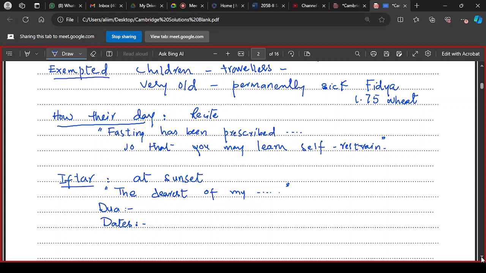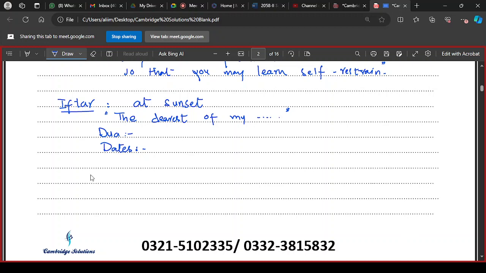In the next paragraph, talk about Taraweeh prayer. You will also add Taraweeh, the additional prayers which are offered at night. That is another practice and another feature of the Ramzan fast. Muslims offer Taraweeh prayer in every night of Ramzan, and there are 20 rakat which are offered at night. It is the sunnah of the Prophet, peace be upon him, to perform these prayers at night. 20 rakat are performed from the time of the Holy Prophet.